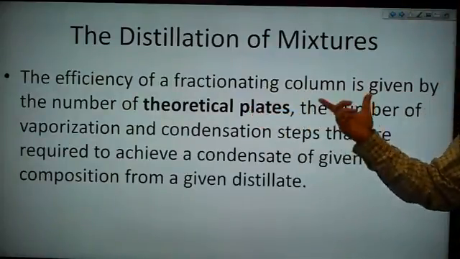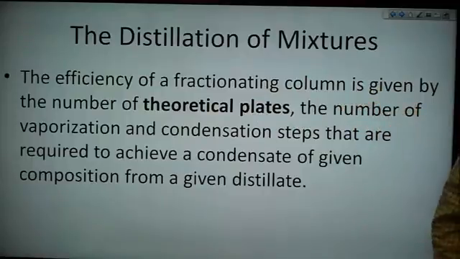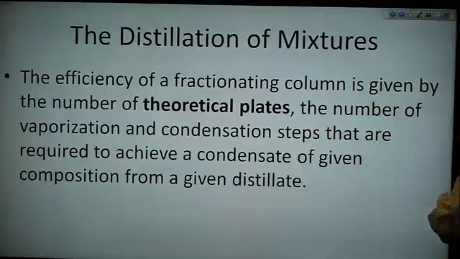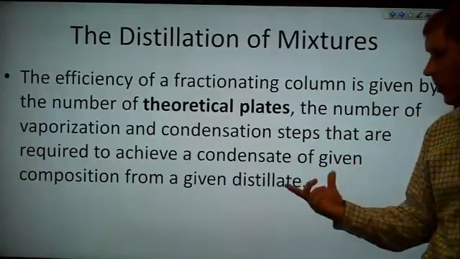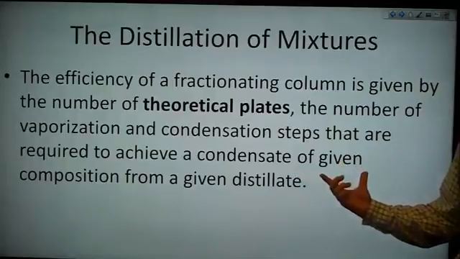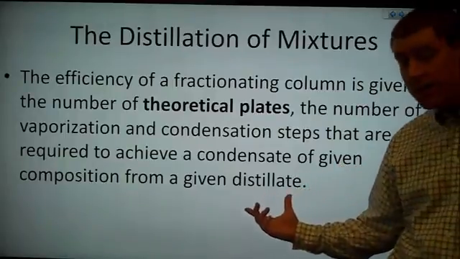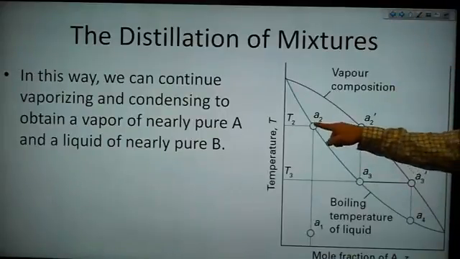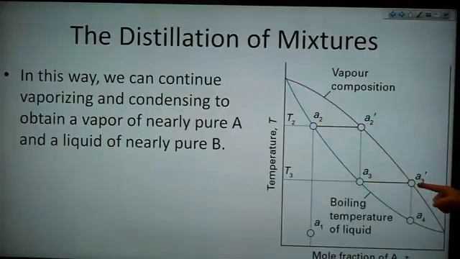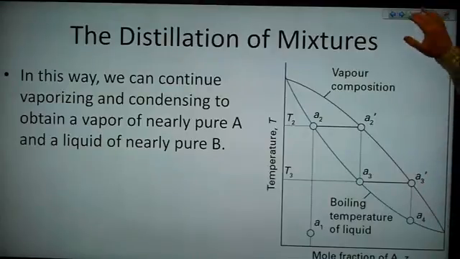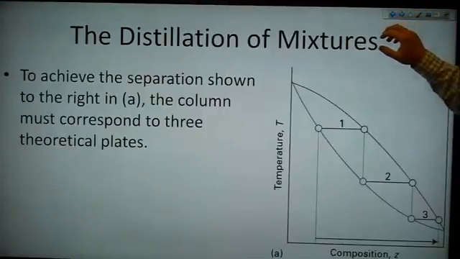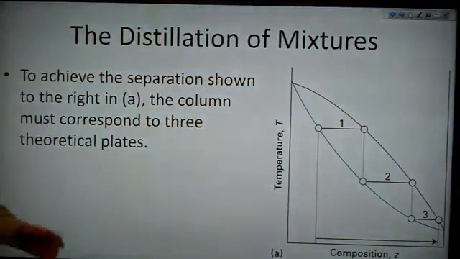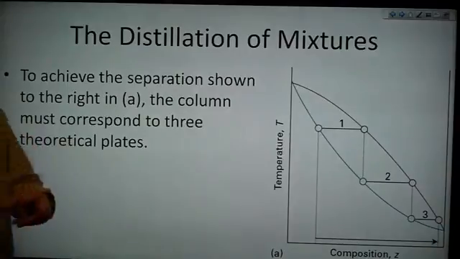Alright, so the efficiency of a fractionating column is given by a number of theoretical plates. This is the number of vaporization and condensation steps that are required in order to achieve a condensate of a given composition from a given distillate. So if we go back here, we've gone two steps. In this case, to achieve the separation that we show over here, the column has to correspond to 3